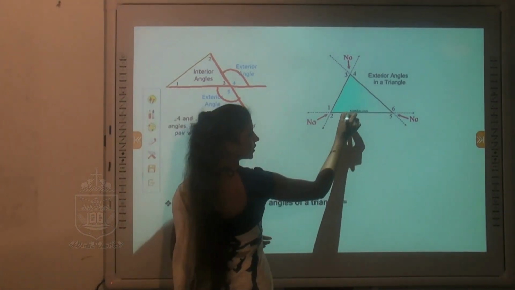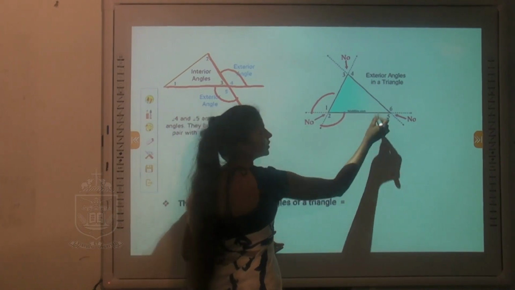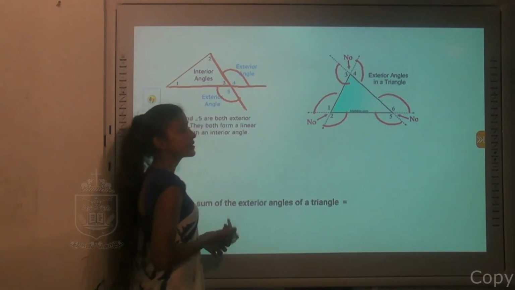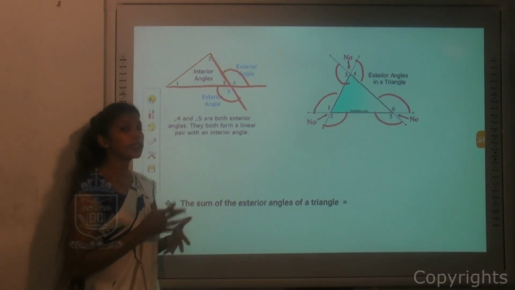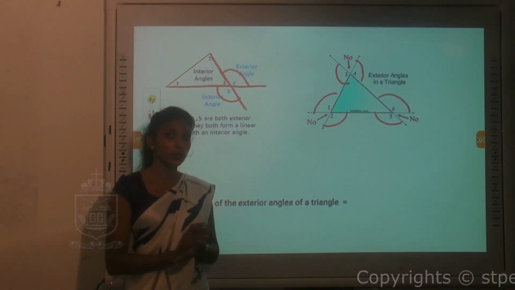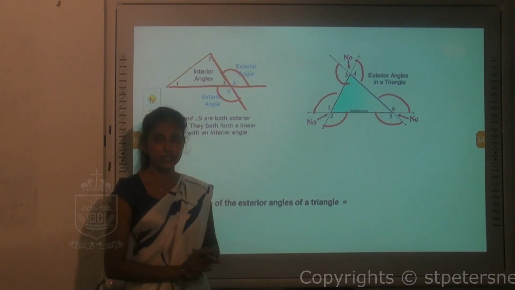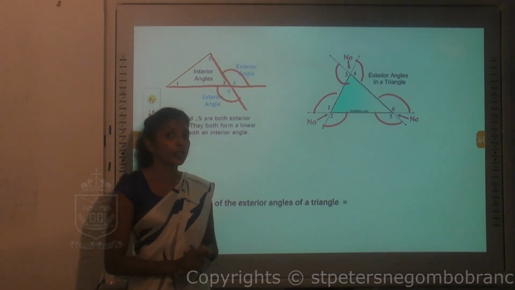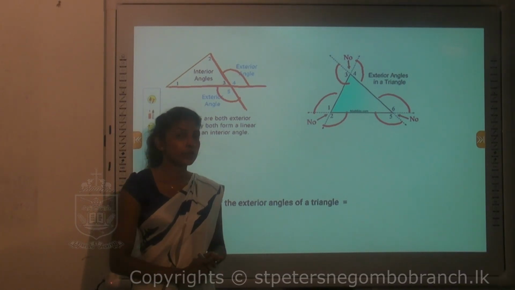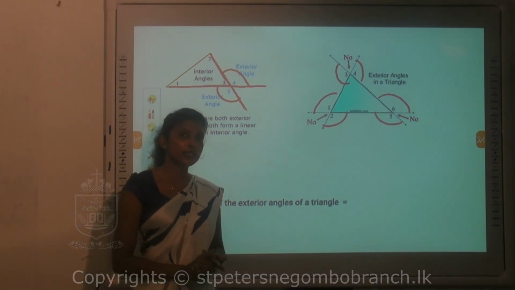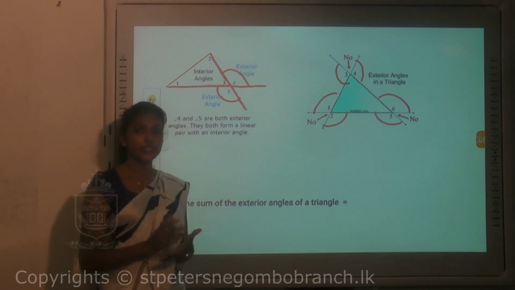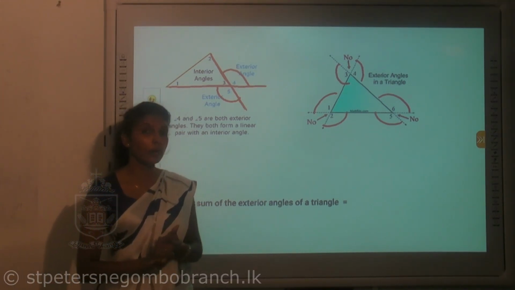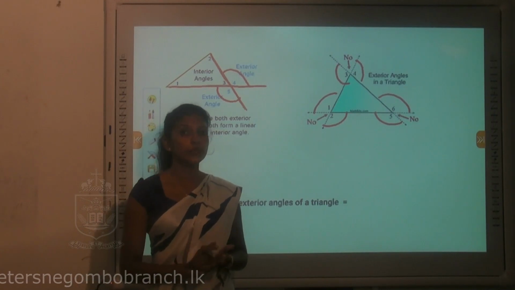Now look at this. This is an exterior angle, exterior, exterior, this is also exterior. So altogether there are 6 exterior angles, but in calculations we don't want to consider both exterior angles at a single vertex. Why? What is the reason? The reason is actually, I think you can remember what we learned in Unit 3 angles lesson. Vertically opposite angles. Vertically opposite angles are the angles formed by the intersection of two straight lines.